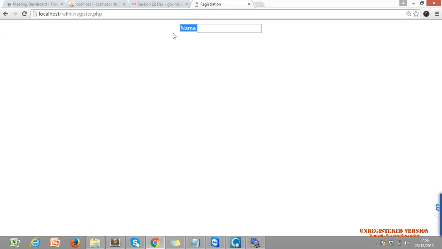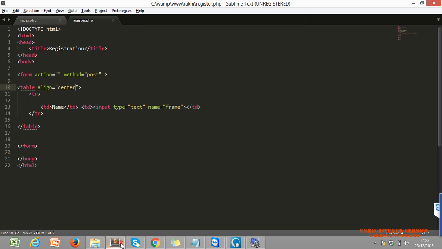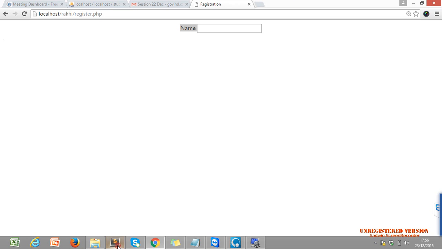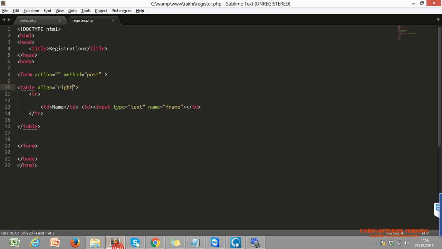The table tag has a property called align. If we write center, it will be in the center. If we write right, it will move to the right. If we give left, it will be left by default. Now we are giving center.